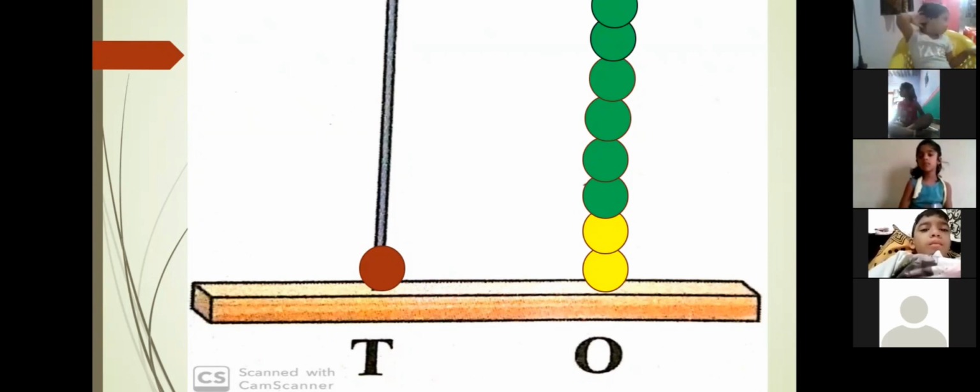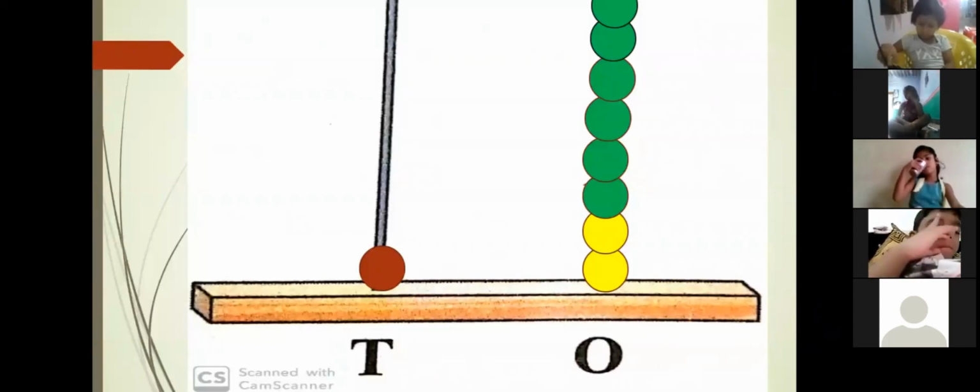12 plus 6. In 12 you see that it is a 2-digit number. So 1 is in tens place, so it is 1 ten. We'll put 1 bead in tens place. Then 2 is a 1-digit number, so we put 2 beads in ones place. Plus again 6 they have given. So 6 is a 1-digit number, so we'll put 6 beads in ones place.